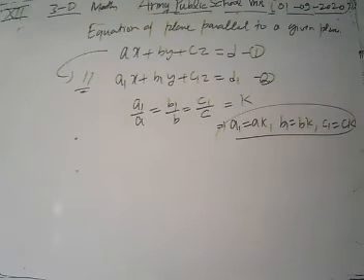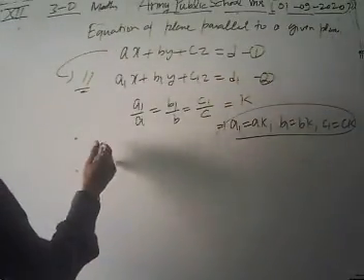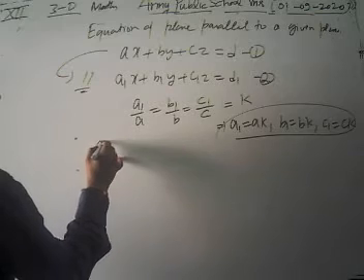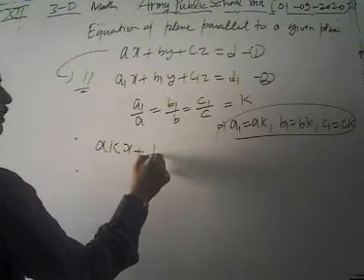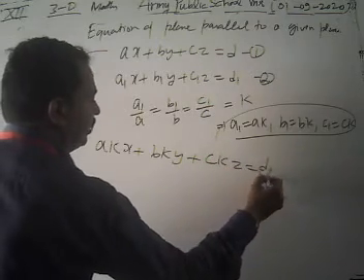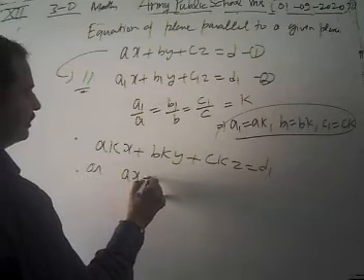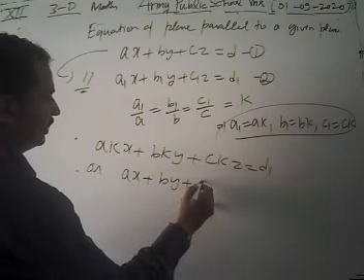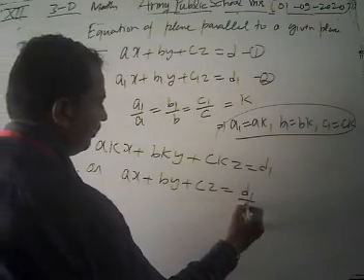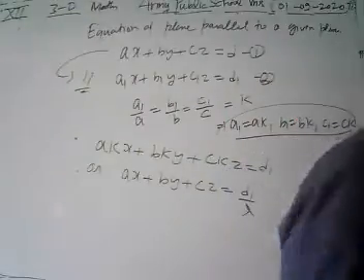Now look, when we put these values of a1, b1, c1 in this equation number 2, then we have akx plus bky plus ckz equal to d1. Also we can write it as ax plus by plus cz equal to d1 by k.